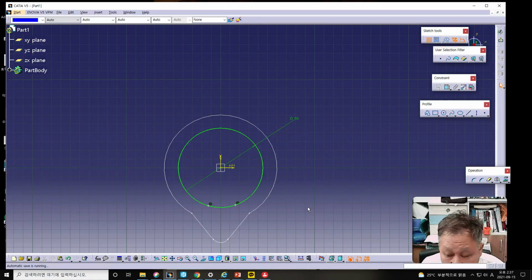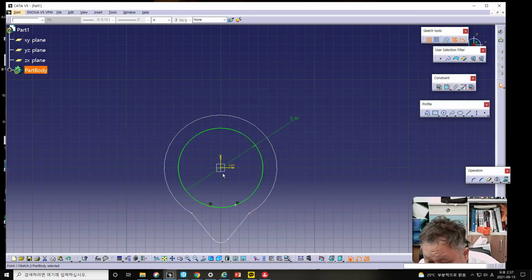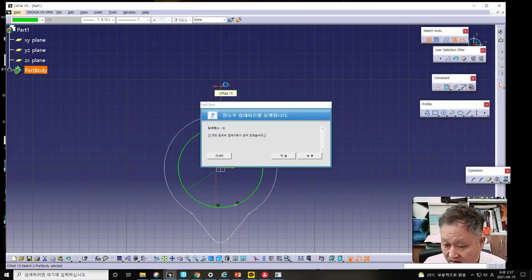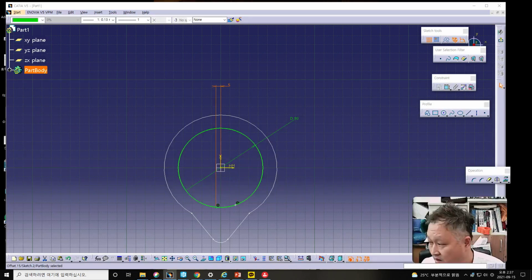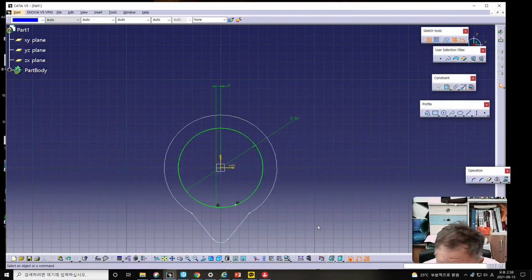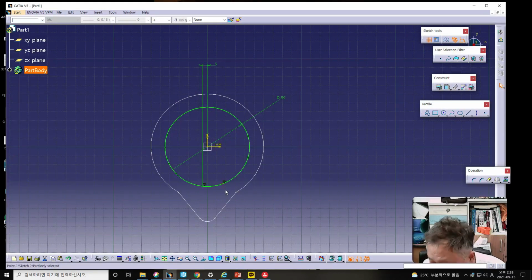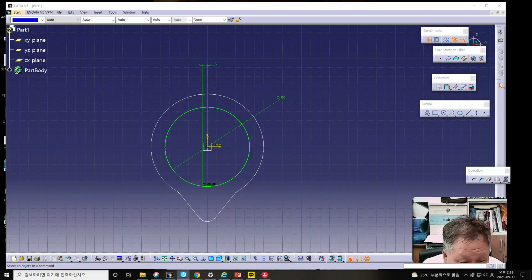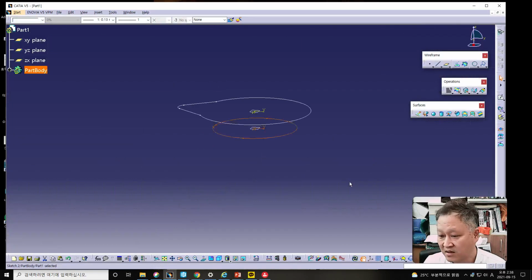That is 10 millimeter. Therefore, between this one and this one is 5 millimeter in this case, and I'll delete this one first, and in this case this point can be mirrored like this. 2 points can be made in this case, and let me see, let's go out from the sketch workbench, and by using